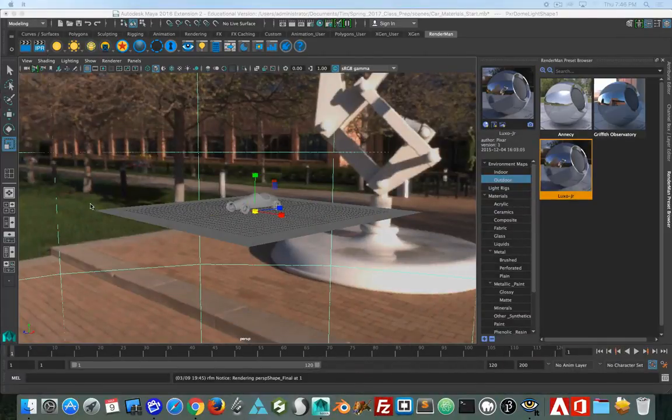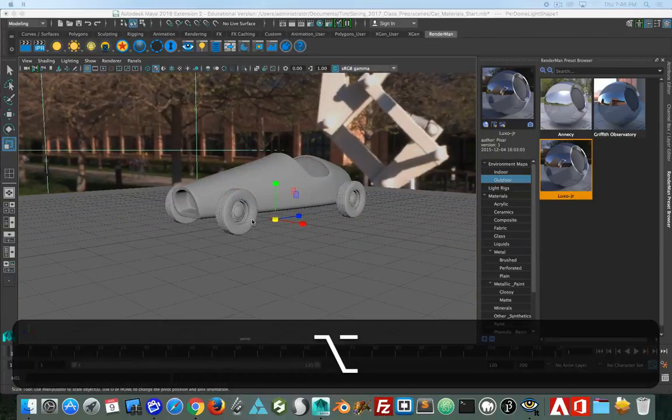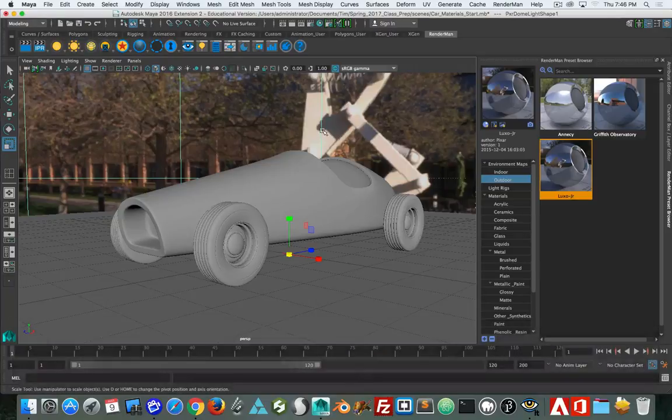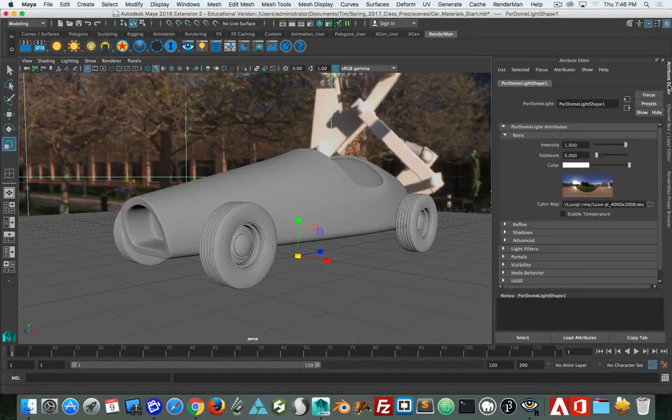First, I'm going to zoom in here because I'm way too far away. Okay. So if you want to see that render, with the dome light selected, I'm going to go to my attribute editor. And you can see now I have an intensity slider, I have an exposure slider, color map. So this is where you plug that in. This image is called an equirectangular. And just as a side note,